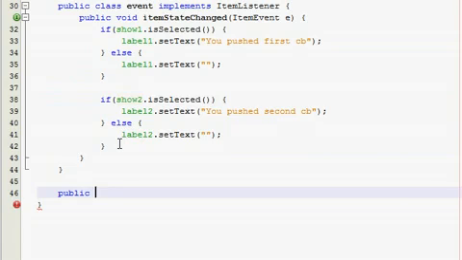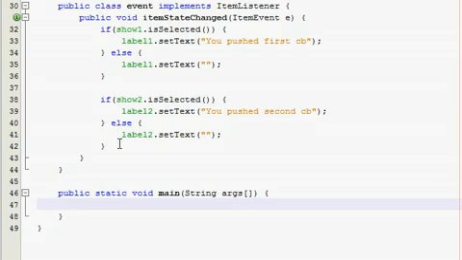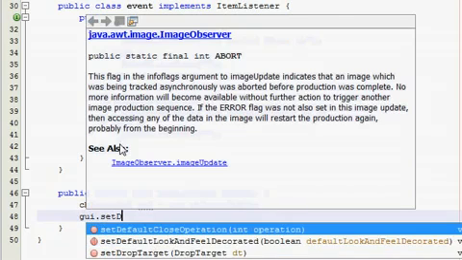Now we'll write our main method. Public static void main string args. Yep, alright. Now, CB, whatever your class name is called, and just type whatever, let's call it GUI. The tutorial. And then